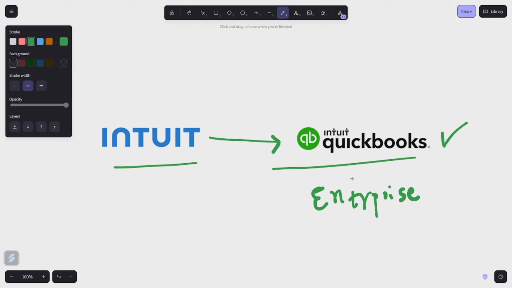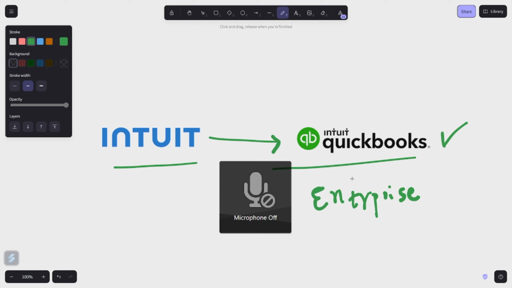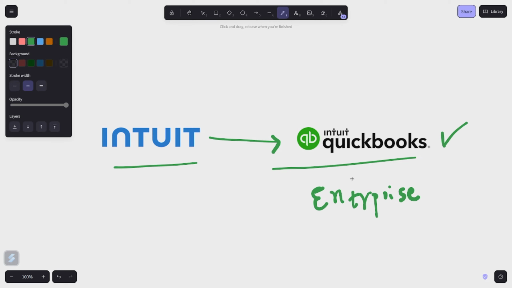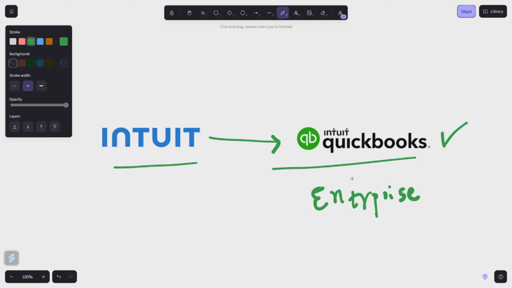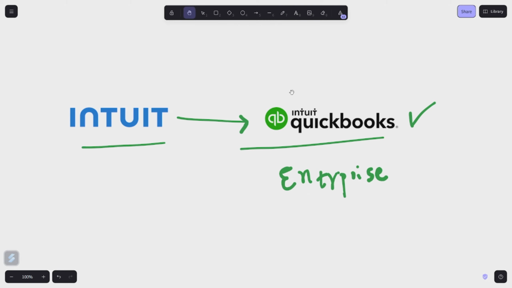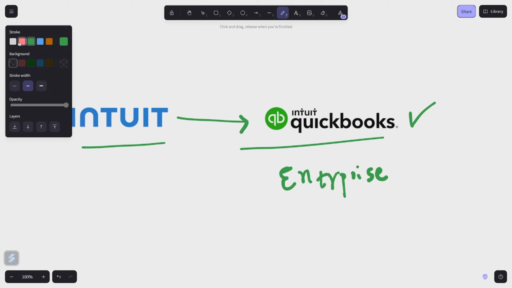They provide three versions of the software. One is in front of you, QuickBooks. Another is QuickBooks Enterprise for large companies with complex needs. And the third one is QuickBooks Desktop, which is a desktop application of what this online QuickBooks does.